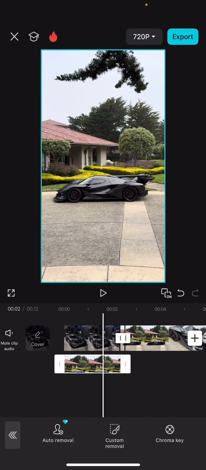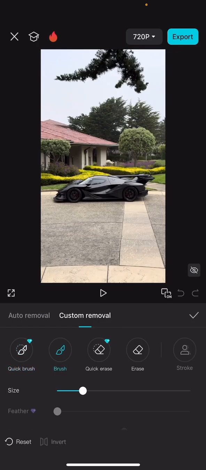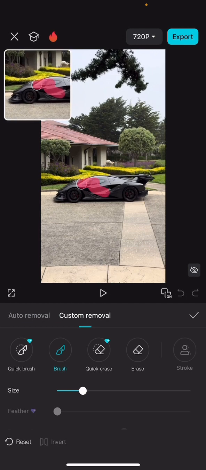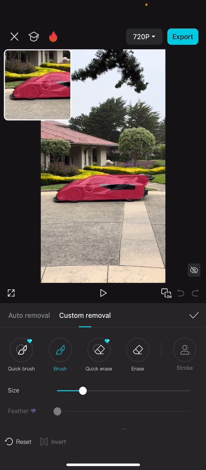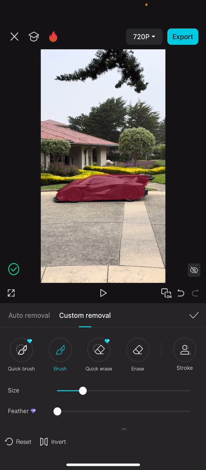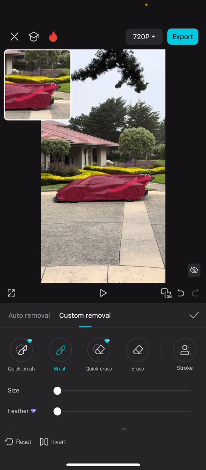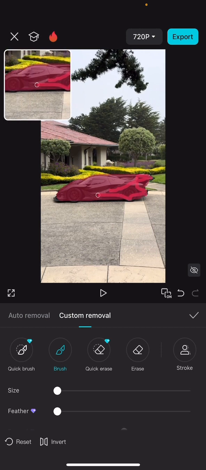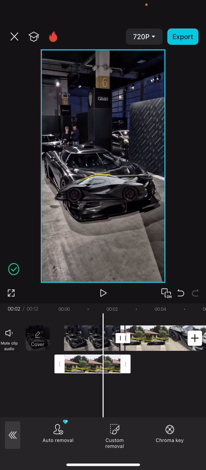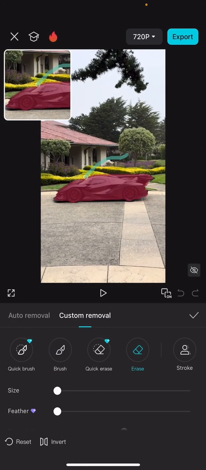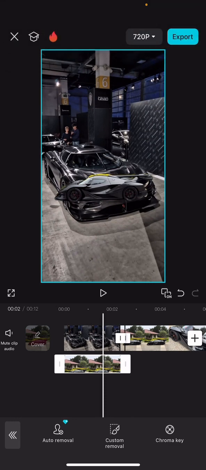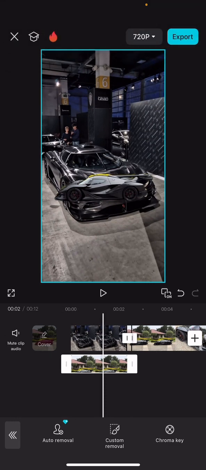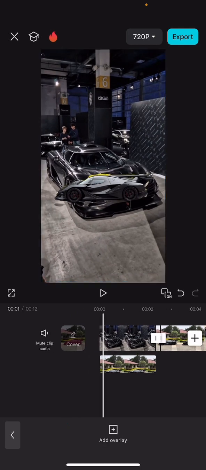You want to do background removal, and I don't have Pro, so I just do it myself. And then you just outline the car. After you have what you want outlined, then hit the check mark. Actually, I need to erase some stuff. Okay, so after you have the car,